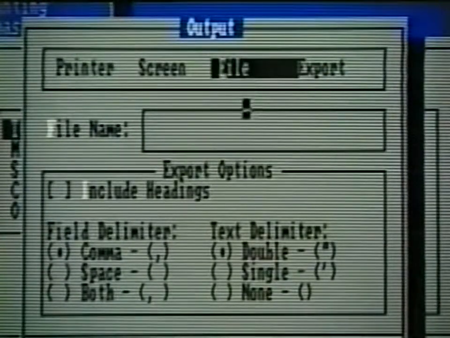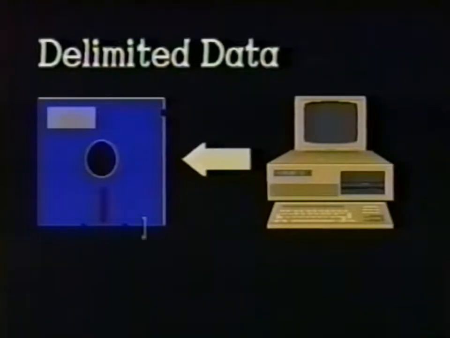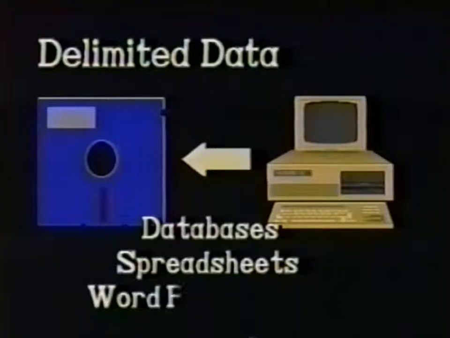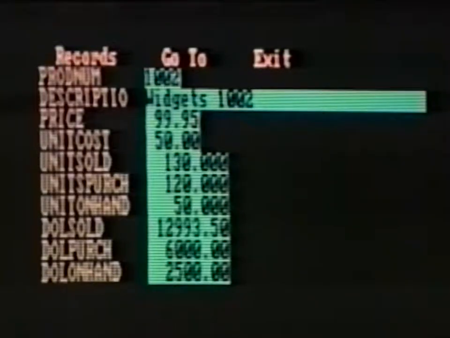You can print the report to a file. This option allows you to save the report to a disk file. Then you can load the file into your word processor. Once in your word processor, you can apply fancy fonts and formats to make the report very special. Finally, you can select the export option. This allows you to send information from a report to a disk in a special delimited fashion, so that this report data can be easily used in databases, spreadsheets, or word processor merge applications. With this option, you can send information to spreadsheets in order to get dynamic graphs of your Pacioli 2000 data. Or you can send Pacioli 2000 data to your database for specialized analysis.